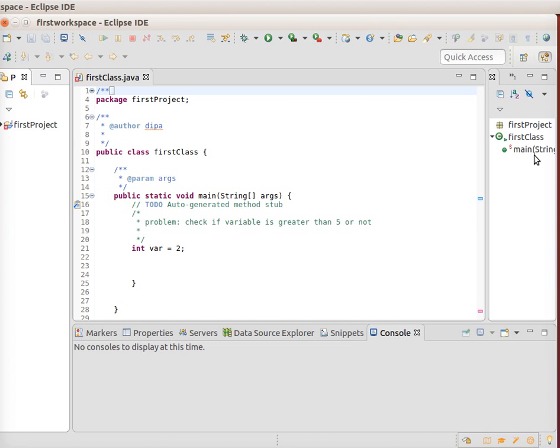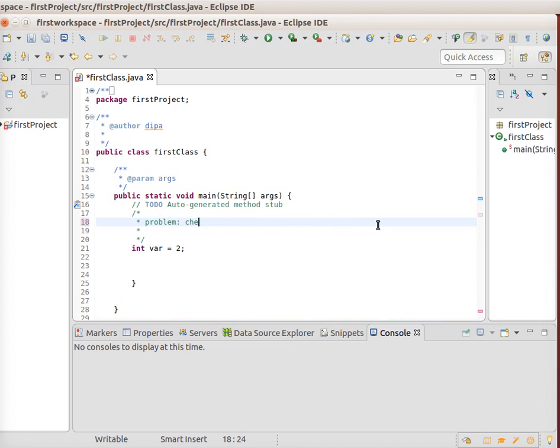Consider the problem: find the day according to the number. So in this video, consider we have initialized one variable as 2. So we start our switch statement, switch